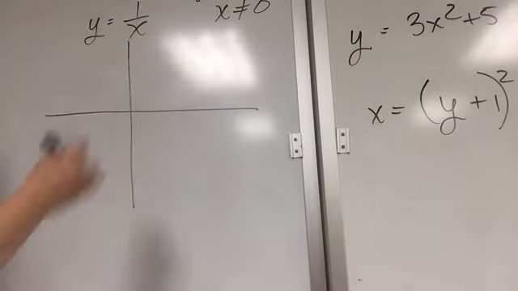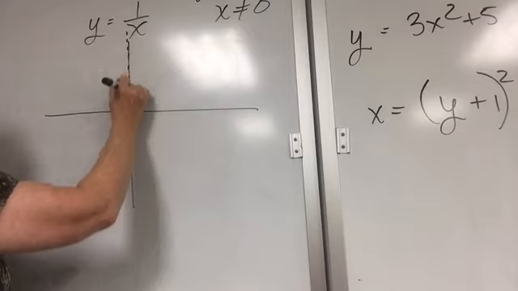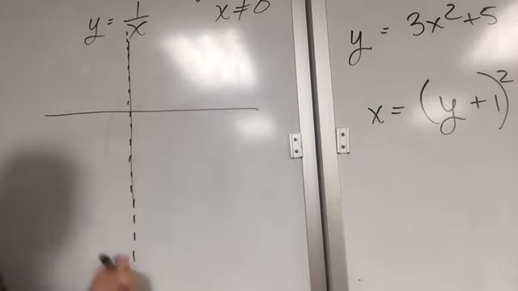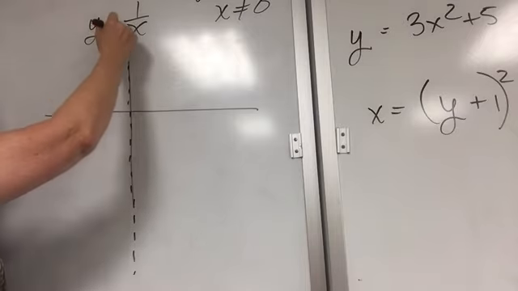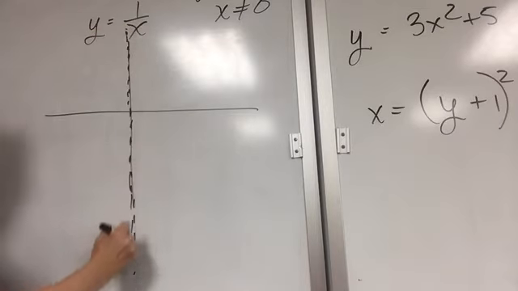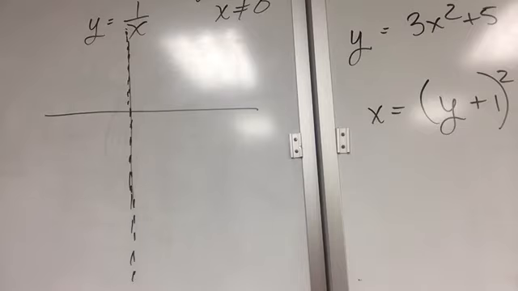And on the graph, you have an asymptote. An asymptote means a line you cannot touch, okay? So we have an asymptote at x is equal to 0. And this is some equation theory that you will get to a little bit later on, but it does help you to understand why the graph is this way.